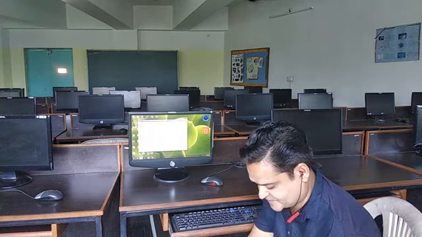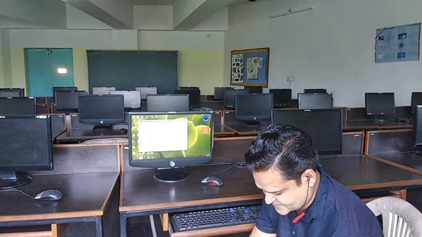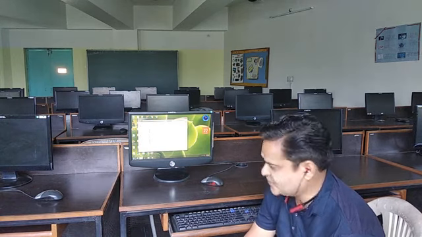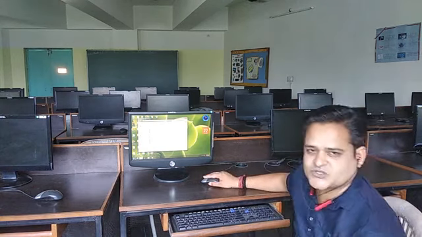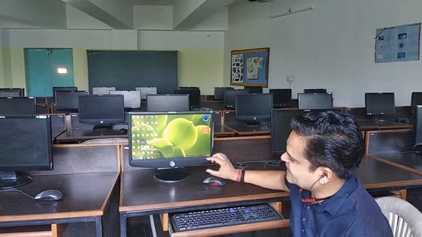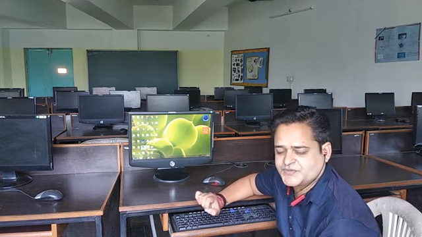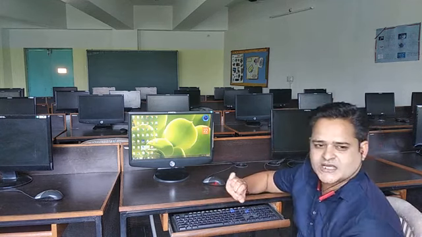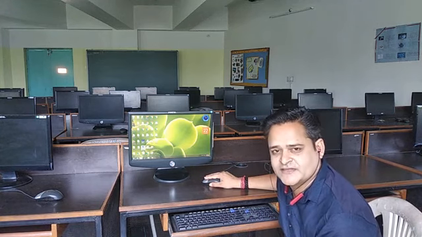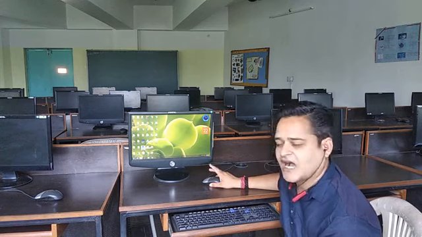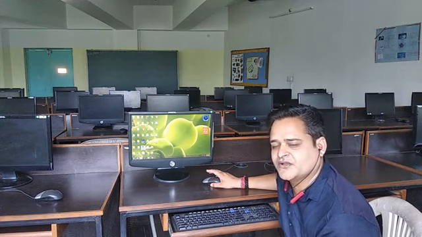Our next topic is My Computer, the icon which is on our desktop computer. Here it is. The computer icon, when we open it, shows whatever our computer contains. For example, I am double clicking it. That means I am opening it. I am opening our icon of My Computer.